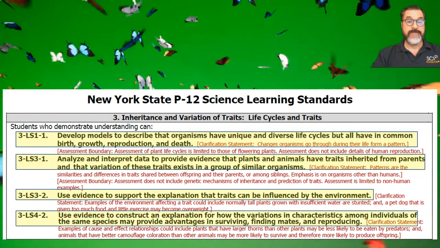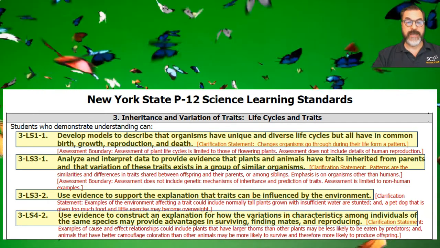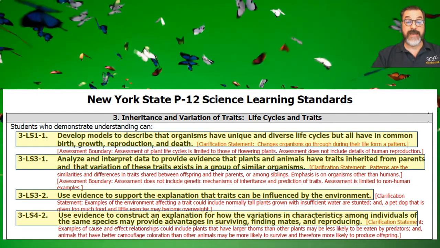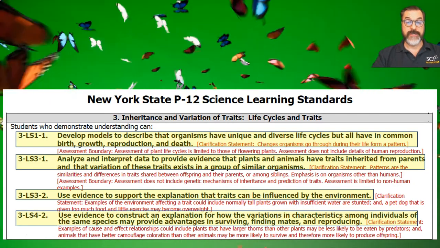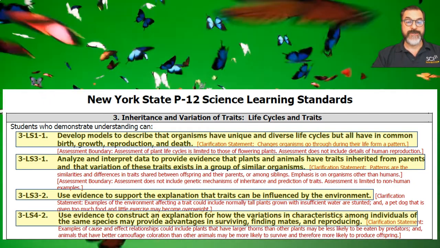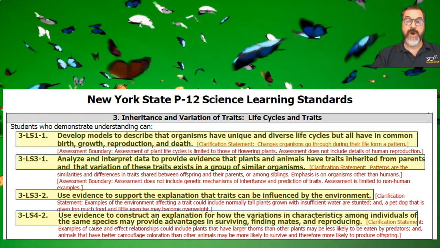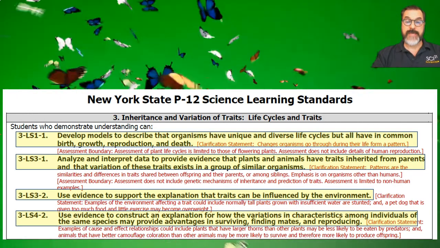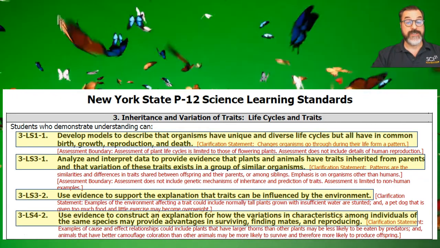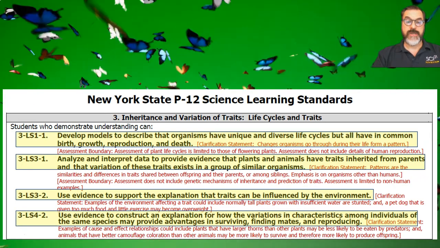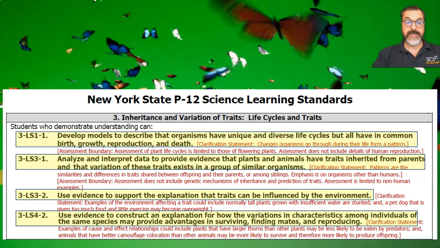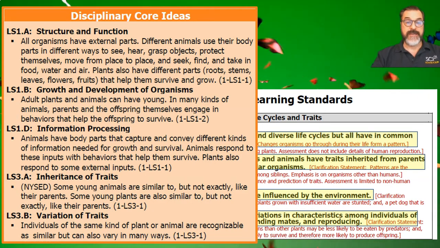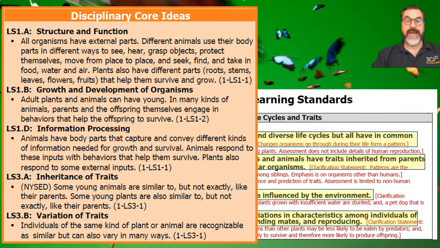animal. Finally, students will be constructing an explanation for how variation of traits provide advantages in surviving, finding mates, and reproducing. Once again, we will not have students explain the reproduction mechanism, only that certain variation in traits allow for advantages. Sometimes the variation of a trait is advantageous in one circumstance, but the same trait could be detrimental in another circumstance. As you can see from the disciplinary core ideas from the standards, students will be investigating 5 different DCIs